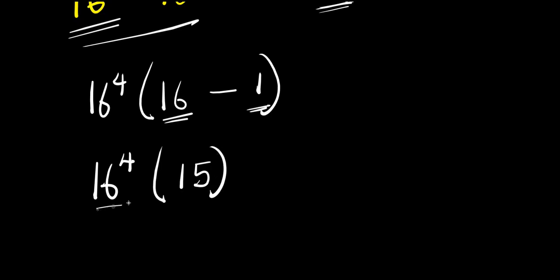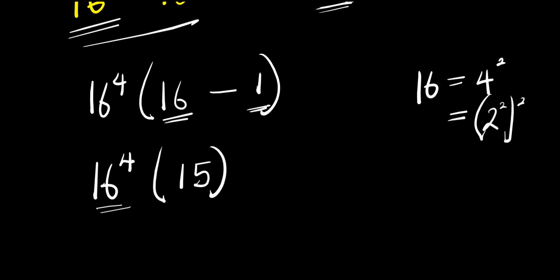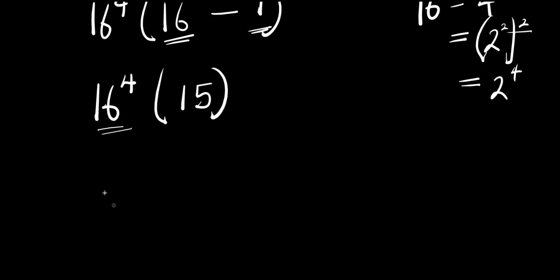Now remember, 16 is a perfect square. 16 is 4 to the power of 2. And from here, 4 itself is a perfect square, which is 2 to the power of 2. This is raised to the power of 2. So if I multiply this exponent, that means 16 is 2 to the power of 4, right? If that is the case, I'm going to have 2 to the power of 4 raised to the power of 4